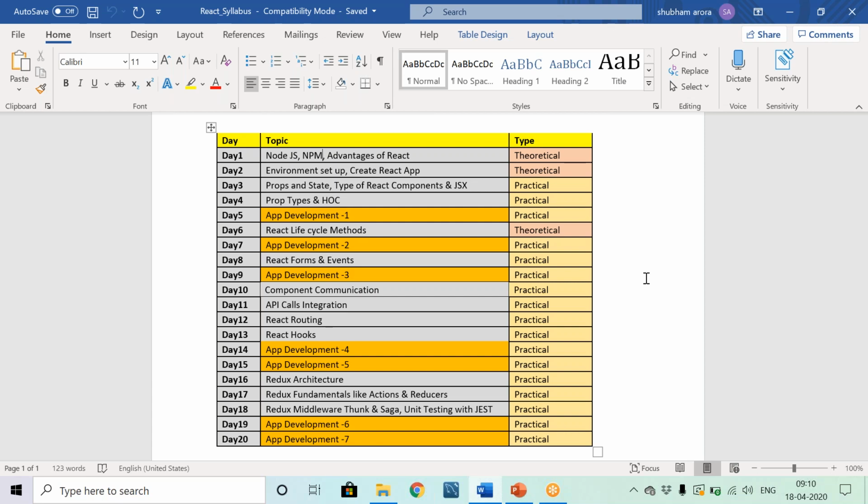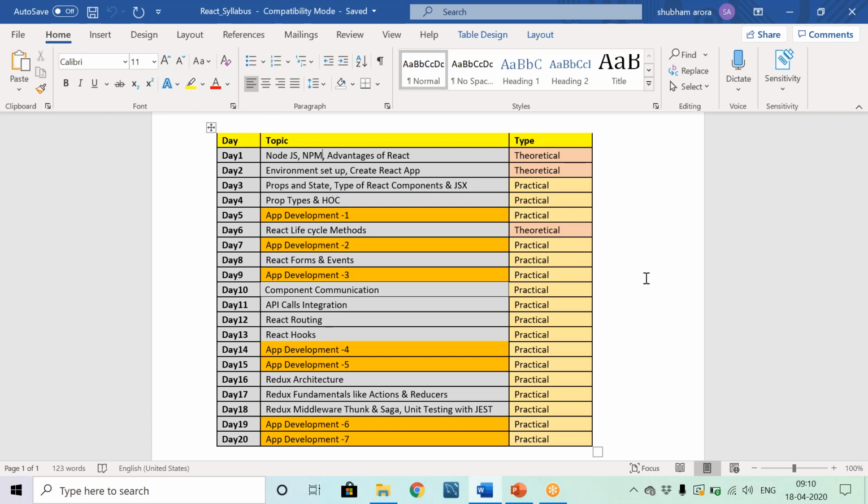Then we have something called props and states in React. We'll give an introduction to props and states, and then we'll see what the different types of components are. As I already have given an introduction, everything we'll create in React will be components, so it will be component based. We'll see what different types of components we can create in React, and then we'll see what JSX is.